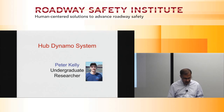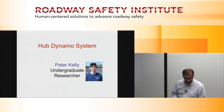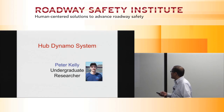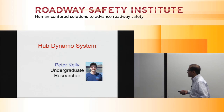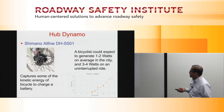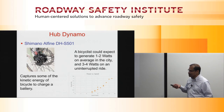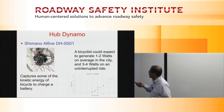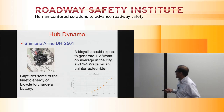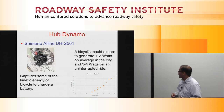Okay, so then I'll talk about a couple of other systems on the cars. I mean, on the bicycles. One of them is a hub dynamo system, and this work was done by Peter Kelly, who's an undergraduate student in the department. Here, we installed a hub dynamo on the rear wheel of the bicycle. It's a Shimano system, and it's basically an electromagnetic energy harvester. So basically it harvests energy, and